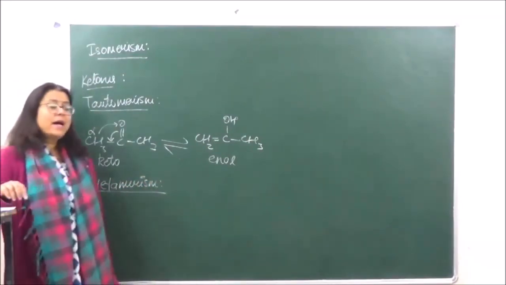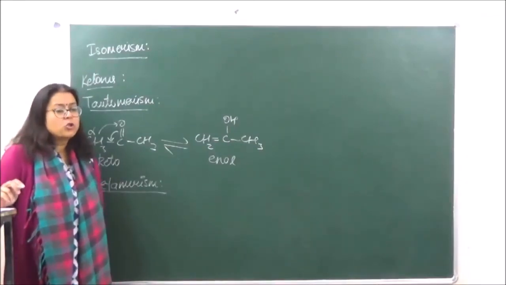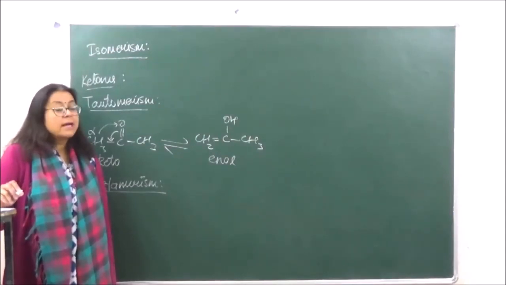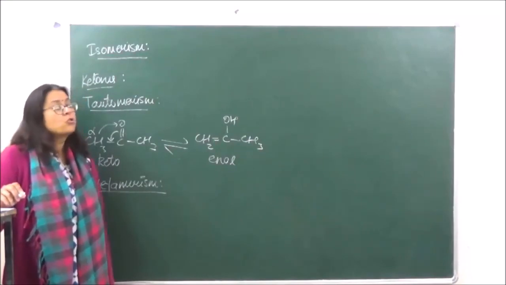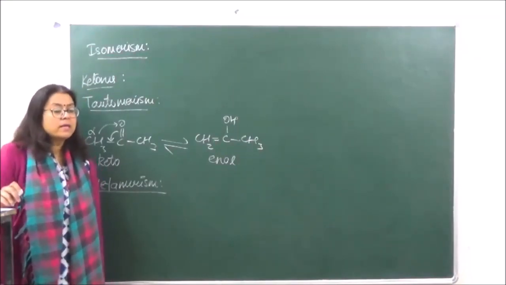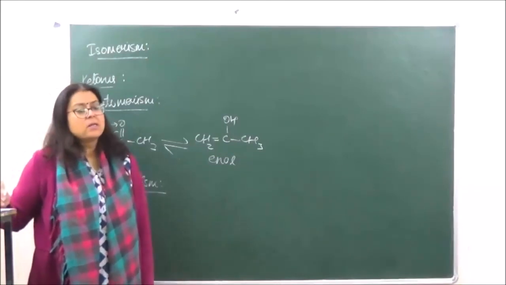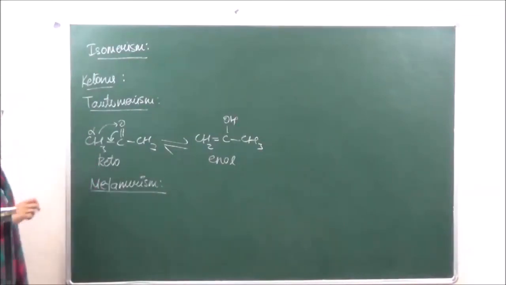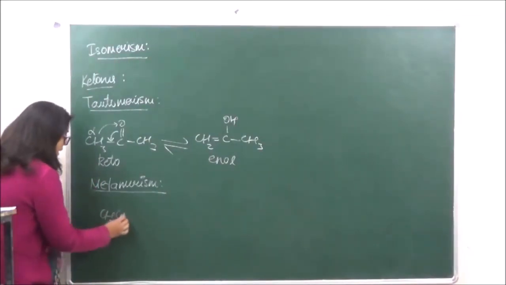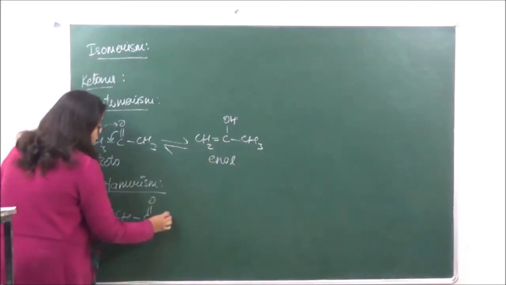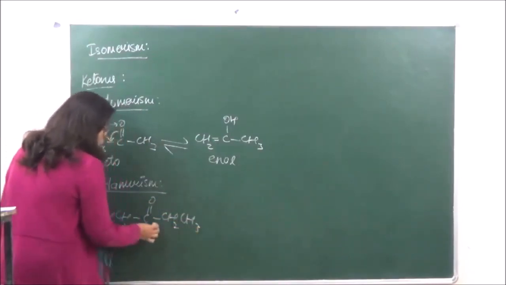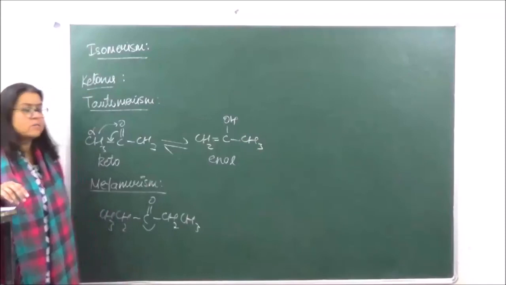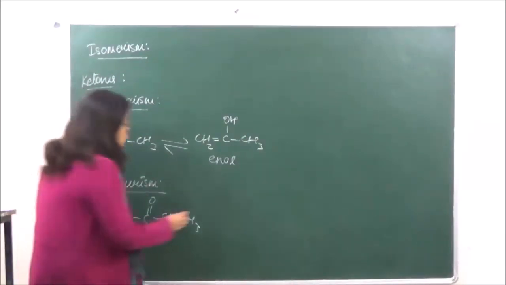Metamerism. Now over here, as ketone is a non-terminal functional group, the number of carbon atoms on its both sides may be different. That is going to give an origin or a source to metamerism, when the number of carbon atoms on both sides of the keto group are different. That is what metamerism is, which means that if we have a compound like CH3 C double bond O, CH2 CH3. So if this is the keto group, you can see that there are two carbon atoms on the left hand side, two carbon atoms on the right hand side. The metamer of this is going to be